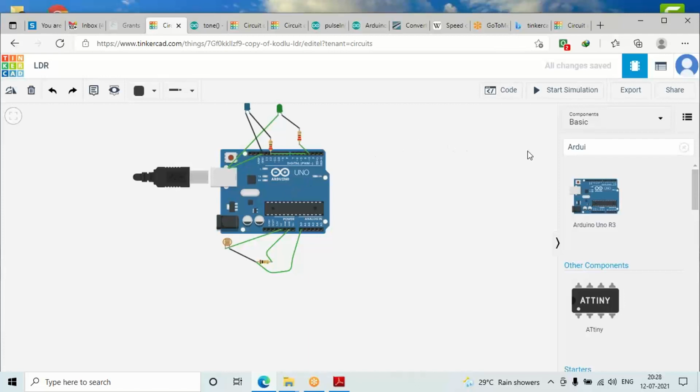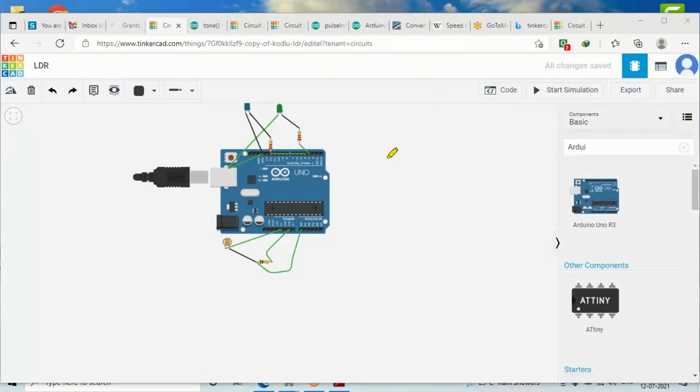Before understanding the coding section, let's first write down in short what we have done in the connection. Our blue LED, I'll write as B, is connected to pin number 4. The green LED is connected to pin number 3.